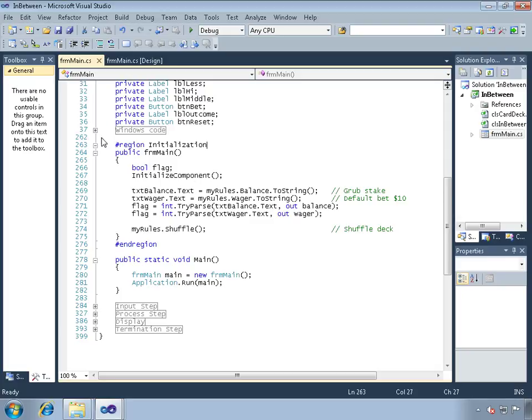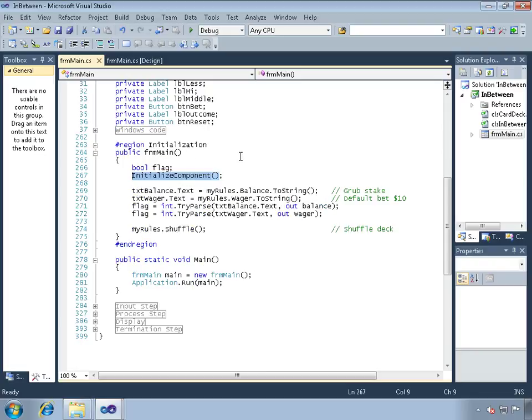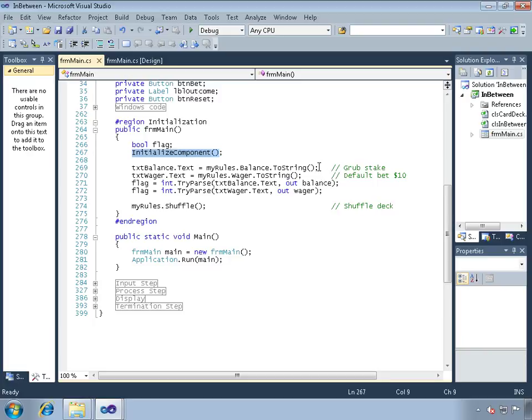This is the Windows code. This method right here is actually populated by Windows itself. So these are all of the things that are done in the background in terms of building how Windows builds up those objects and places them on the screen. That's written for you in the background process by Windows, so we're not going to do much with that. Once we've done that, I